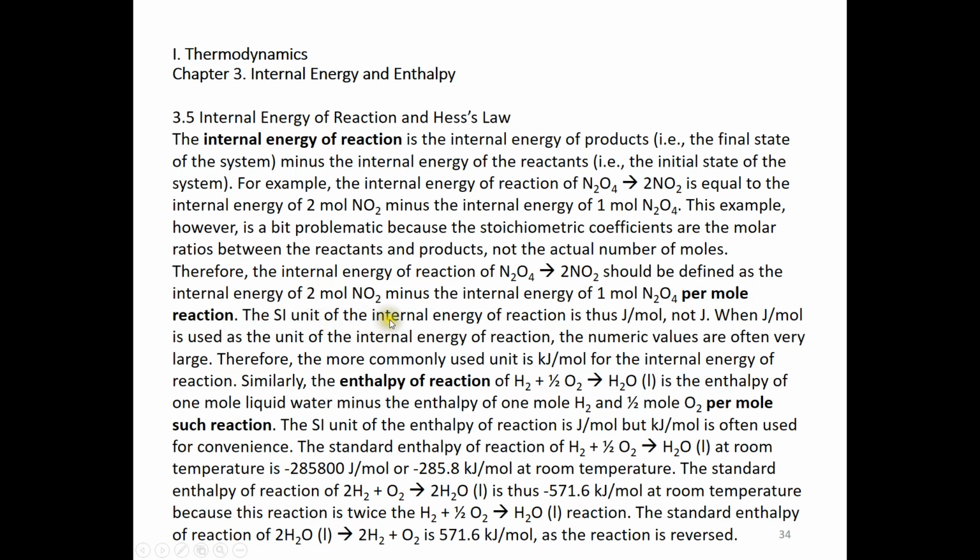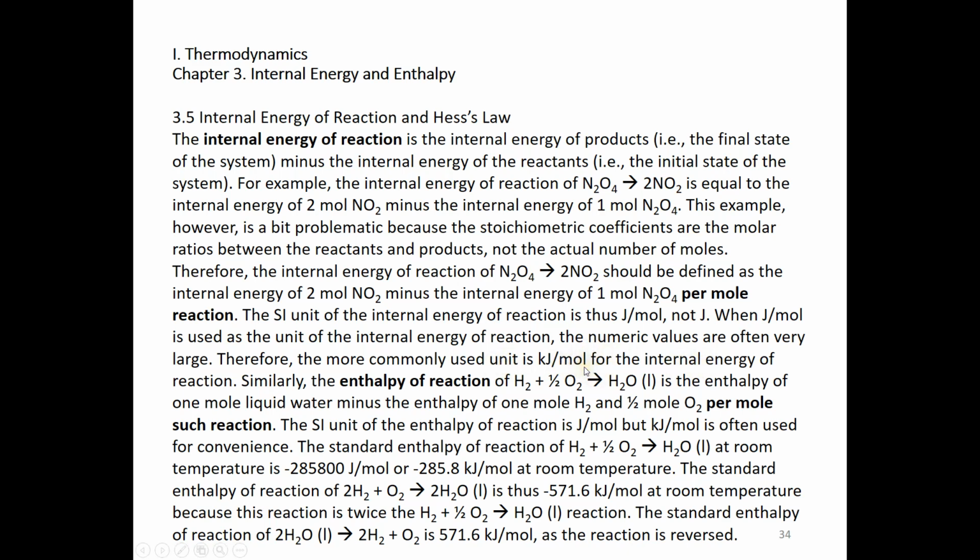The SI unit of the internal energy of reaction thus is joule per mole. Again, over here you see per mole reaction. So the SI unit is joule per mole. However, if we use joule per mole for typical chemical reactions, the corresponding numerical value will be very large, usually in the order of thousands, tens of thousands, or even hundreds of thousands. Therefore, the more commonly used unit is kilojoule per mole, just for convenience. And then we have usually several kilojoule per mole, tens of kilojoule per mole, or at most,